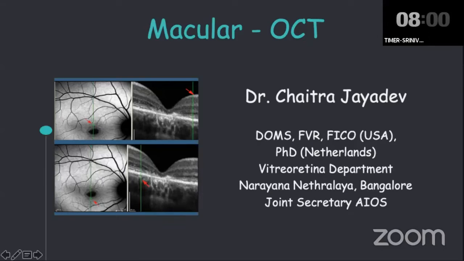I would like to elaborate a little bit on how our fingers can get burnt when we don't really look at the macula before patients undergo surgery, especially anterior segment surgeries, because most often these patients have very, very high expectations with respect to visual outcomes. They're expecting 6/6 unaided vision. So when we goof up by not looking at the retina, we are going to be in a lot of trouble. I have no financial disclosures.